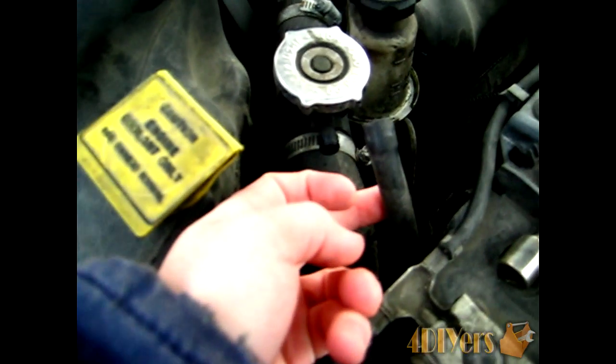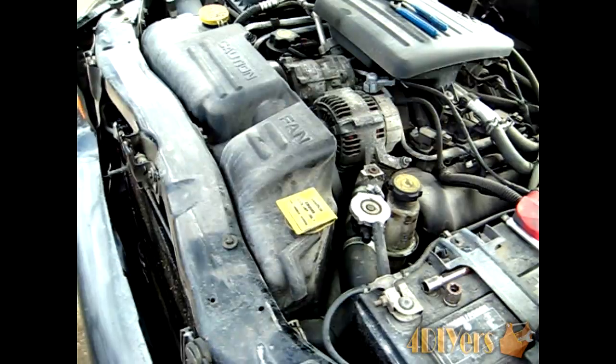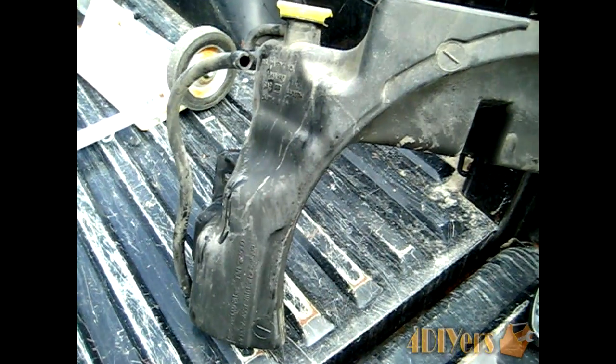Now for the other side, what we want to start by doing is removing the hose here for the reservoir tank itself for the coolant system. And again, you'll have a 10mm bolt on this side, just located right in there. And you use the same thing, a 6-inch extension to remove that. And the reservoir tank should just pull out by itself. Once you remove the coolant tank itself,